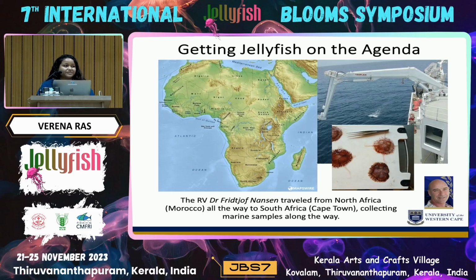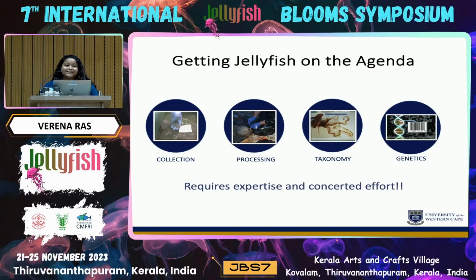And so you can imagine how excited we were to get our hands on a lot of this data and a lot of these specimens. So I was lucky enough to be able to work with a lot of the West African samples. And of course, I couldn't look at everything. And so what I did was I randomly selected samples from each leg of the cruise and just looked at